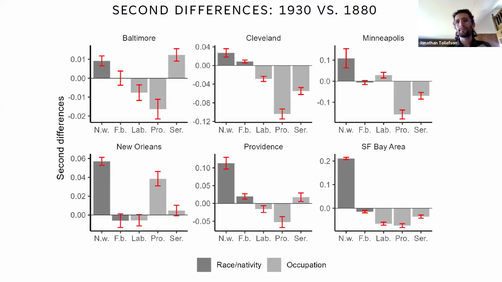So this next figure displays the second difference values comparing the effects of these key variables at the end of the study period in 1930 with that 1880 wave that I just talked about. So this is a way of analyzing change over time. And what I find here is this really significant shift in the social stratification of environmental risk over this 50-year period. So again, focusing on the left-hand side of each of these charts,